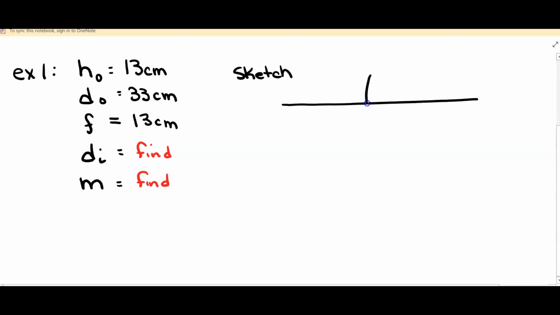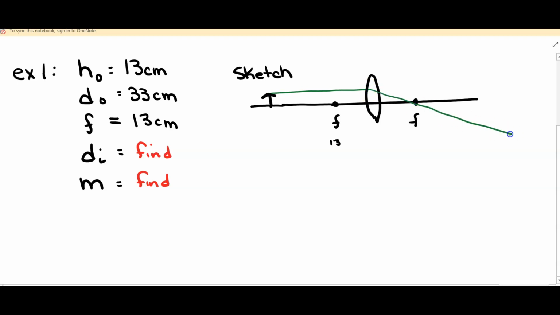Sketching this out, since I have a positive focal length, I know I have a converging lens, and I know my focal length is here on each side, and that's equivalent to that 13 centimeters. And I know that my object is 33 centimeters, so I know my object is out here a good distance away from the lens. So the light's going to travel in